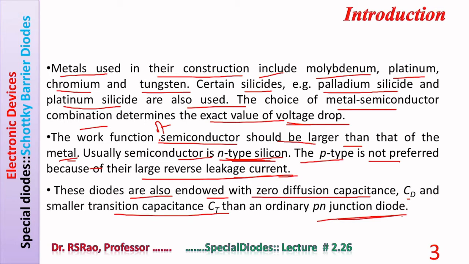Diffusion capacitance is usually large compared to transition capacitance. In the case of SBDs, CD is almost zero and CT, the transition capacitance, is smaller than in a PN junction